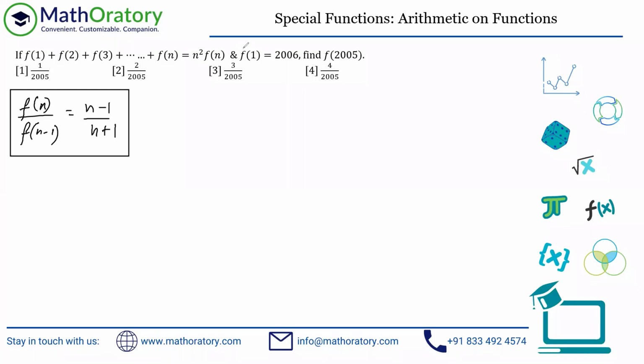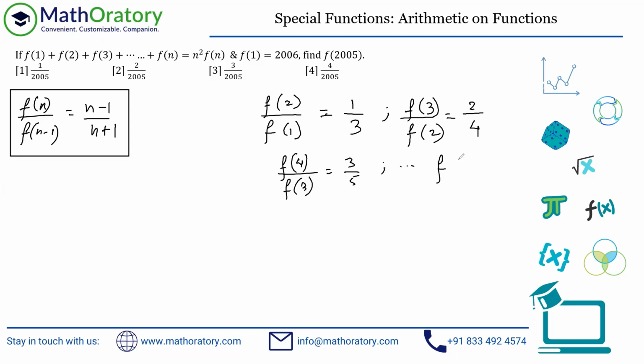First, using this relationship, we can say f of 2 divided by f of 1. It is very important that you start with whatever is given and then move forward, because something on the higher side is required. So f of 2 divided by f of 1: substituting n equal to 2, the right hand side is 1 by 3. Similarly, f of 3 divided by f of 2, going one after the other, substitute n equal to 3, so you get 2 by 4 and so on.